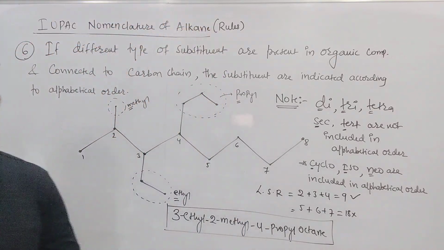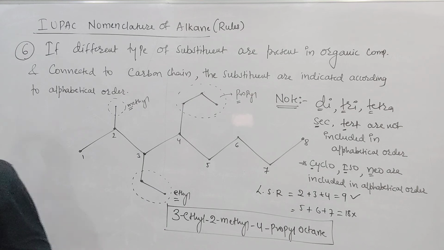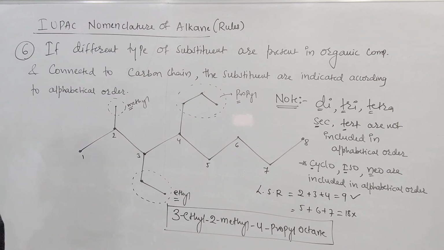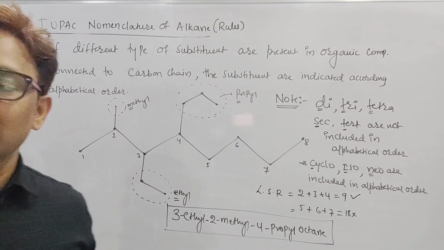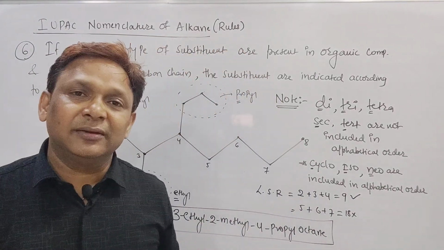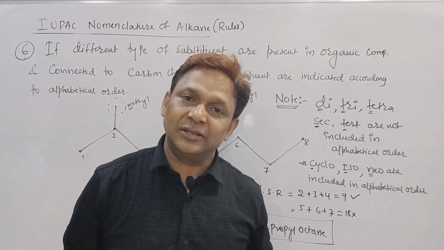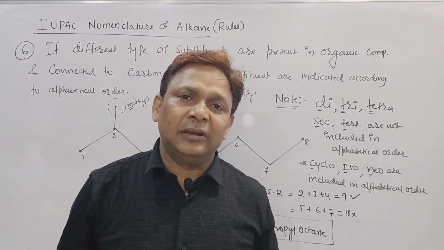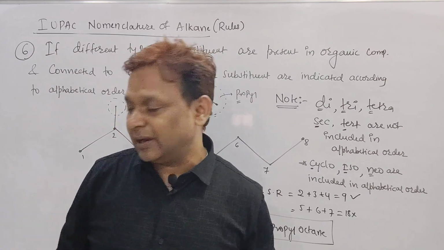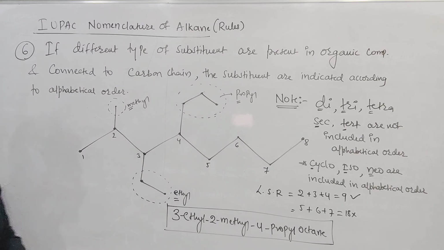Check it, beta once. How many rules are over till now? 6 rules are over. Based on these 6 rules, beta, we will try to find out some examples on the board. One second, beta. Some examples I want to discuss with you. Please take a screenshot. Now we have done all the 5 to 6 rules which will be required for writing the IUPAC nomenclature of alkane. Now, based on that, we'll see how all these 6 rules will be applicable in the given examples, right? So now, examples I want to discuss with you.